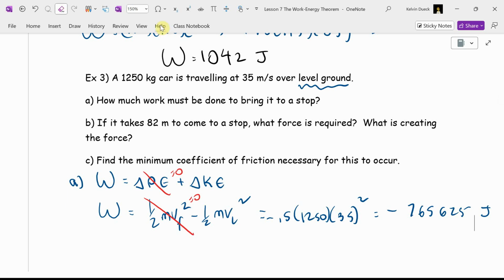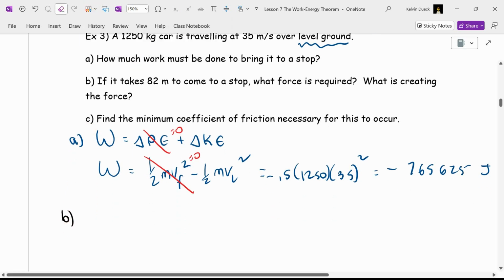Pardon me? Yeah. What force is stopping it? In our free body diagram, what did we say brings cars to a stop as well as makes them go? It's the same force. Yeah, friction. Most of this energy is going into heat; your brakes are going to get hot. In fact,